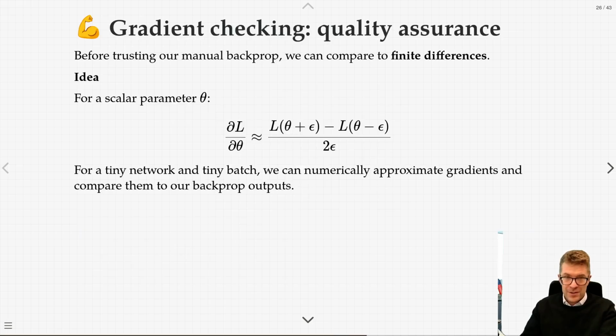So a few more things. We've done all of this forward pass and backpropagation manually, so we hard coded every step of the process. Like any good software engineer, and machine learning engineers are super good software engineers, we want to do a little bit of quality assurance. Before trusting that everything works fine, because the curves look fine, I want to do some additional sanity checks, even if it appears that I don't have to. Maybe things are arbitrarily smooth or arbitrarily good looking, and I can't trust myself,